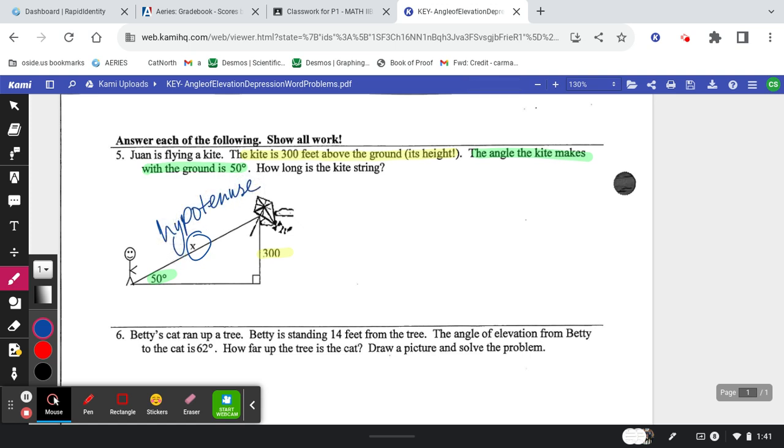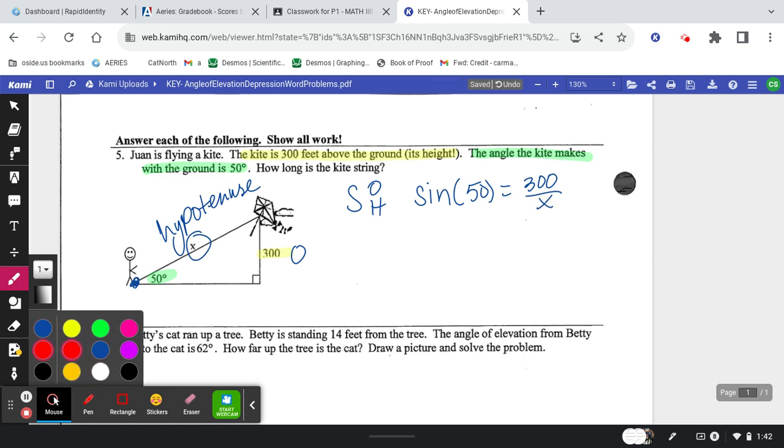So standing at the reference angle of 50, I have an opposite side and a hypotenuse. So which trig function uses opposite and hypotenuse? You got it, it's a sine function. So we say sine of 50 degrees is equal to opposite over hypotenuse. Now notice the variable in the denominator, which means this is the divide problem, and here's why. We multiply by the x just to bring it upstairs, and that leaves us x sine of 50 equal to 300,